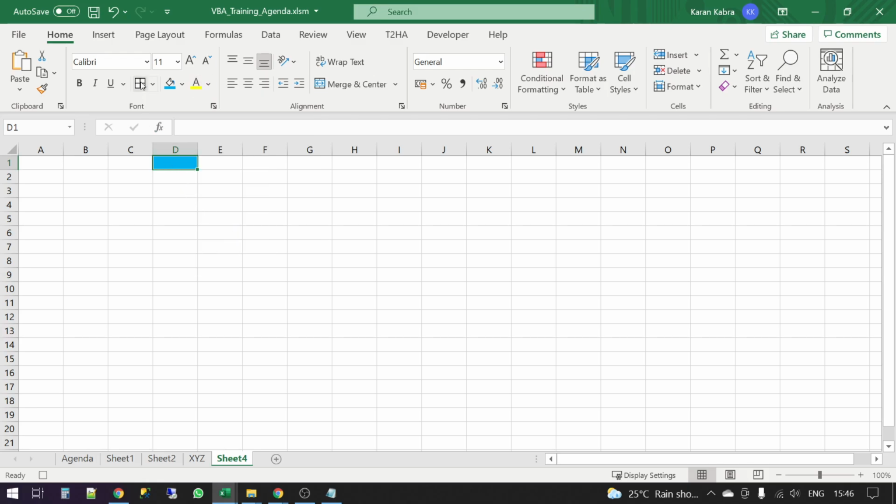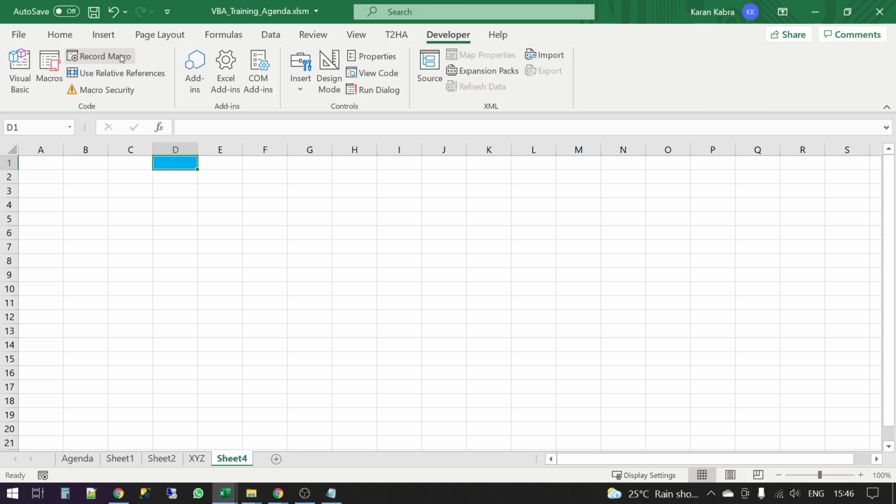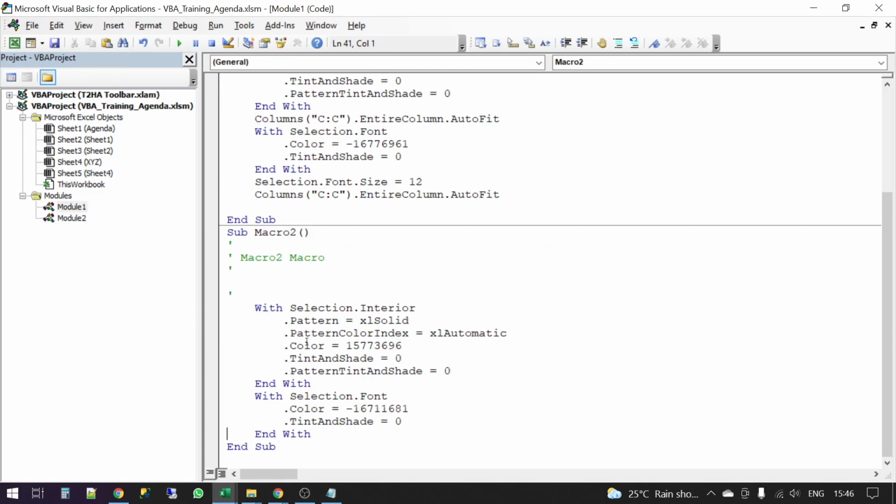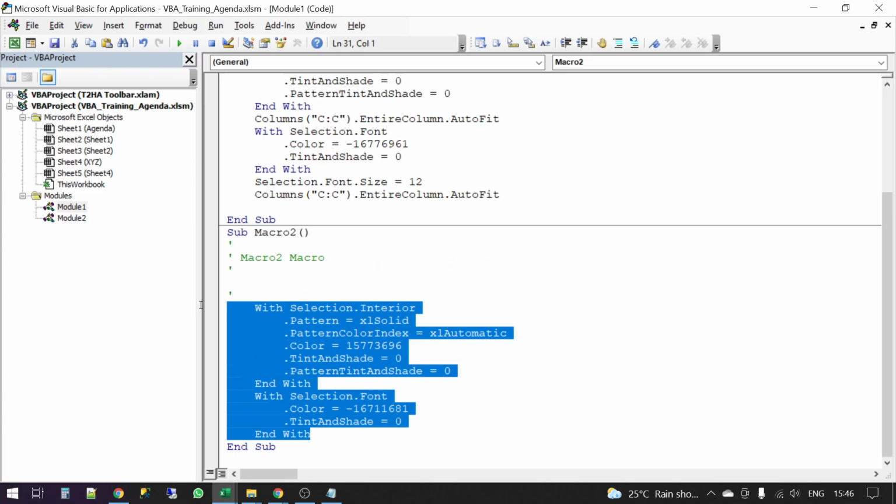I've just recorded these two actions, giving it a background color and giving it the font color. I will stop recording and go to the Visual Basic Editor to see the code. This is not the code. The code is here probably, Macro2.